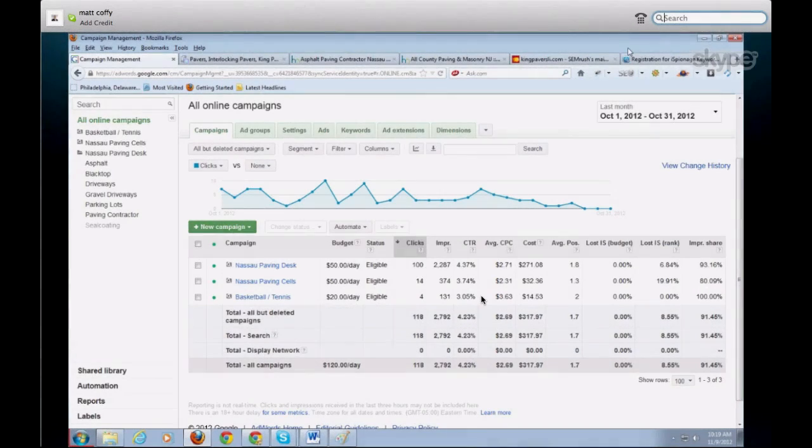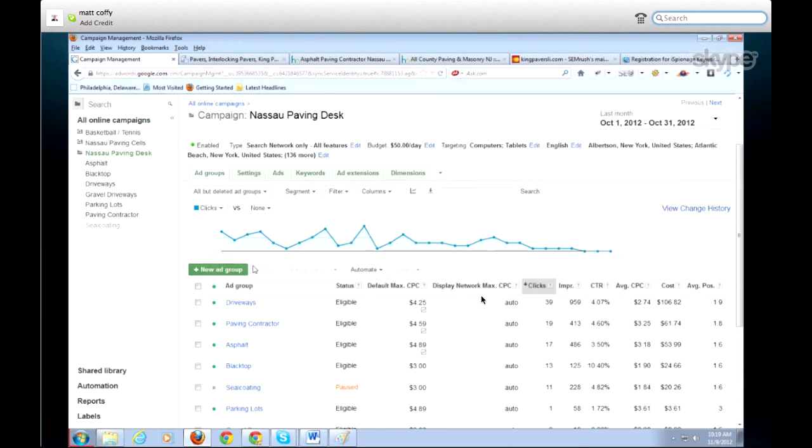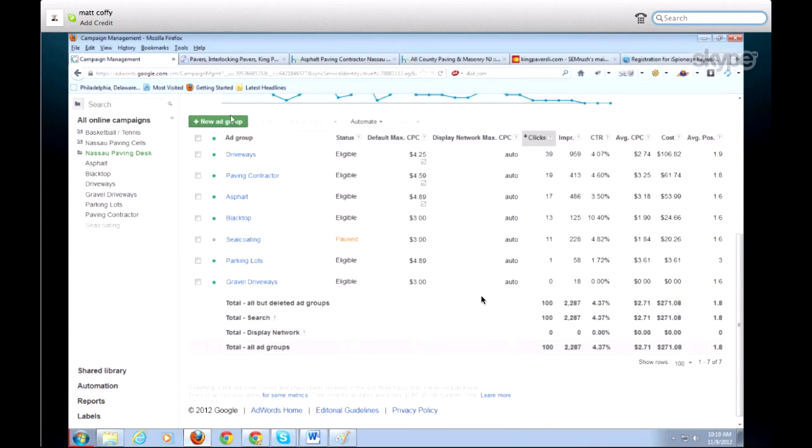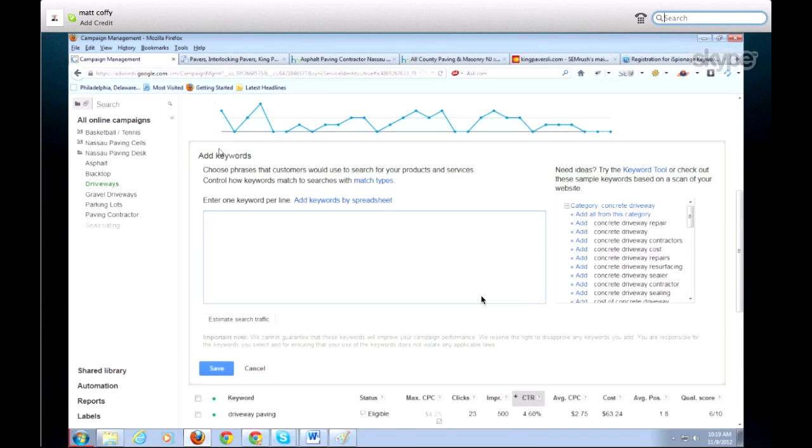In addition to all this, one of the other things Google provides is the keyword preview tool, and this is how it works. If you go into one of your campaigns and go to add keywords, the tool looks at your website and uses Google's own database to see what words are related to your industry.